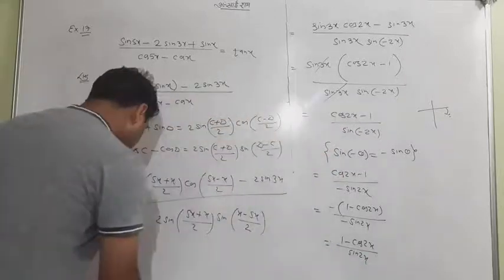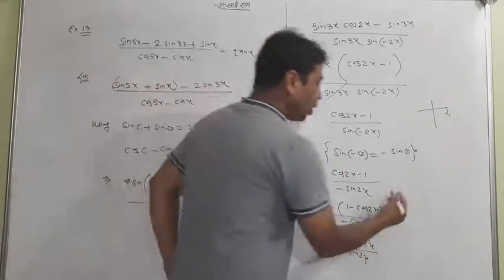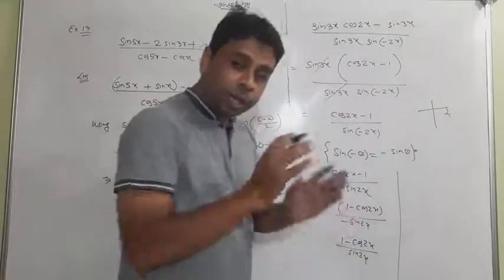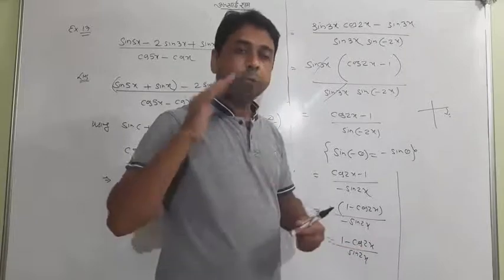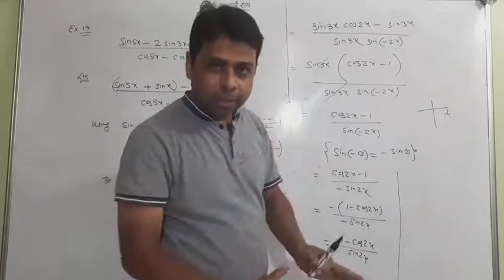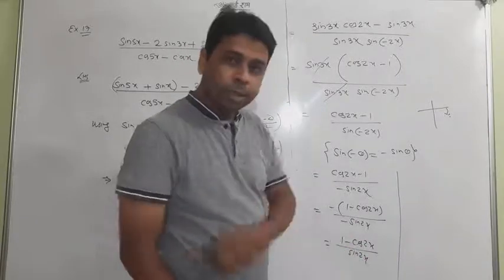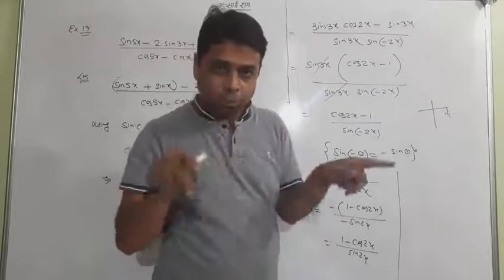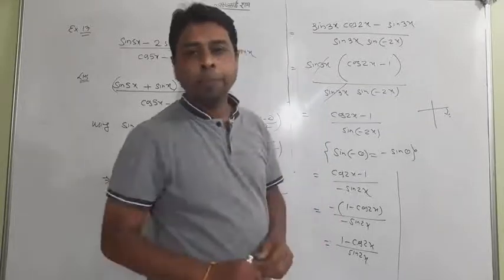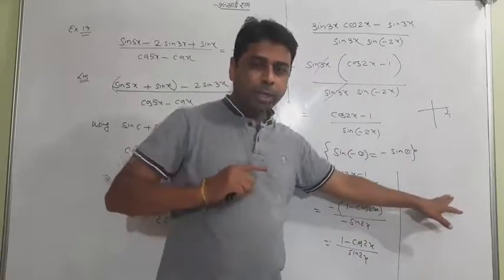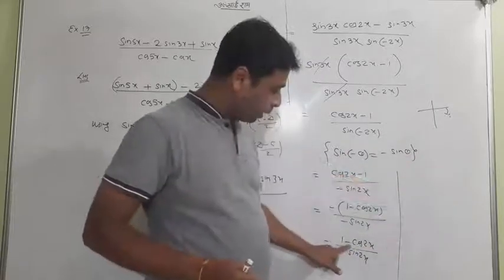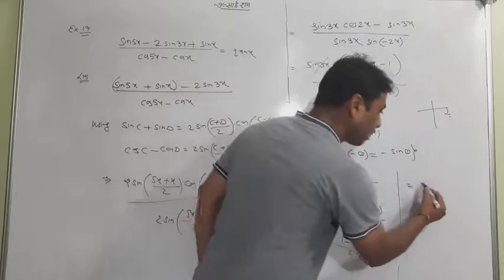Now students, let me tell you the term which is going to be very important: 1 minus cos 2x. Please see the list of formulas, the complete angle formulas. You know I made 4 boxes, and I told you at that time that they are very important formulas. I am not showing the formula here, I am putting the value directly: 1 minus cos 2x is equal to 2 sin square x.